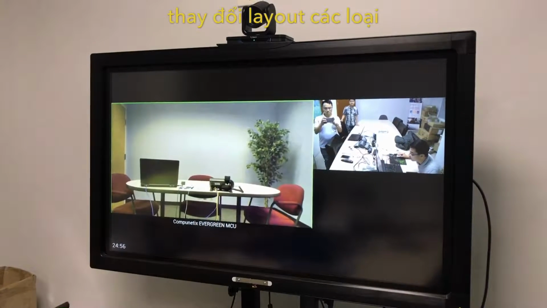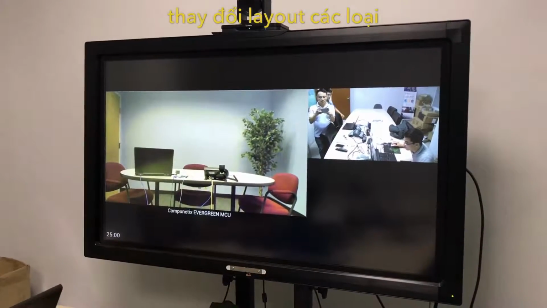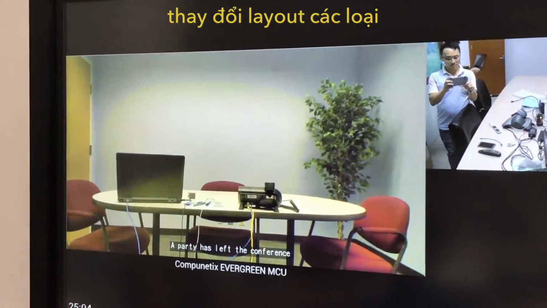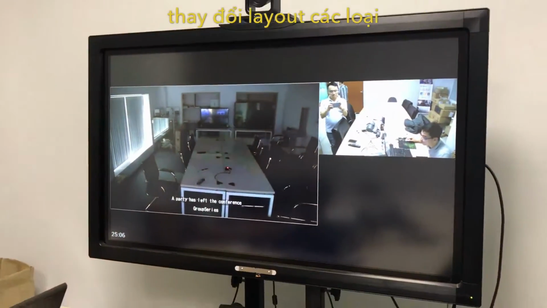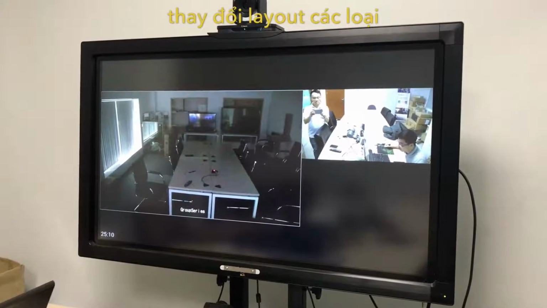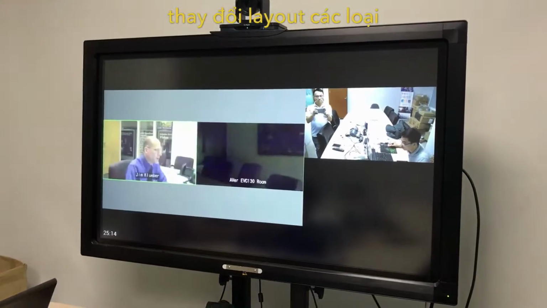I can anchor a particular room, so I can pick a particular site and put it into any room, or into any panel and change it. For example. Yes, I see. So that's a single view, and then dual view we can set up to either be